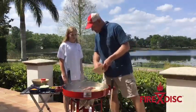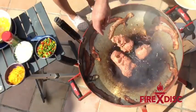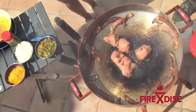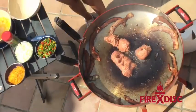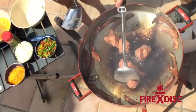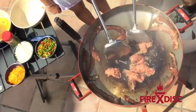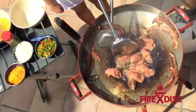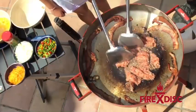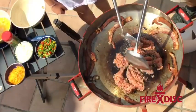So when I get this in here, why don't you grab the ultimate cooking weapon here, like this. You want to grab that, and we can both get after this sausage. Can I grab mine? Yep. Yeah. Grab yours. Alright, so slide that bacon back a little bit. So the next step of this recipe really is to brown the sausage in here,